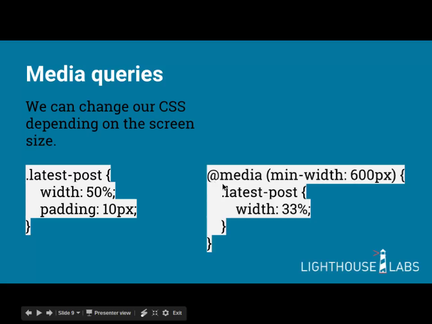But we just ask, okay, so what am I looking at here? If it's at least 600 pixels wide, so that's the minimum width, change the width of the latest post. So make it 33% of the screen. Otherwise, if it's anything less, so this is the mobile first idea, give it a little bit more space, right? Instead of occupying 33% of the width of the screen, we need a little bit more space to display it on the cell